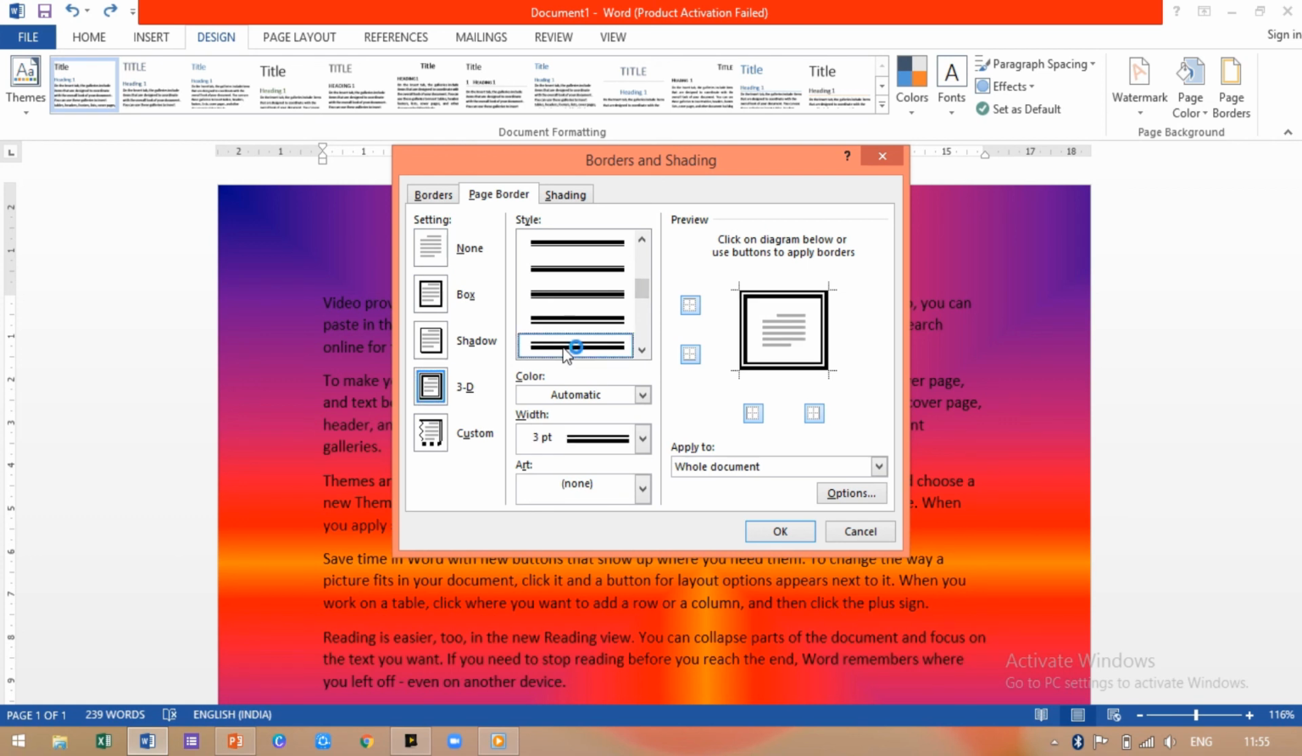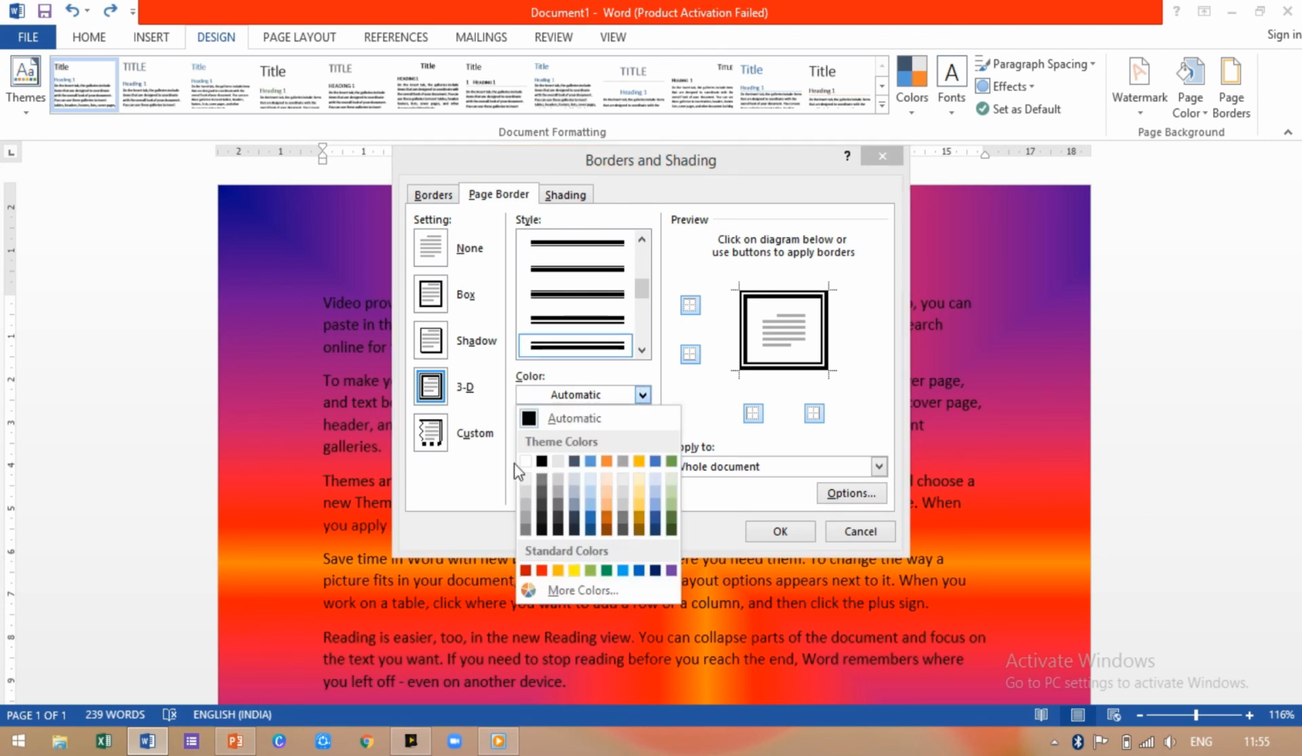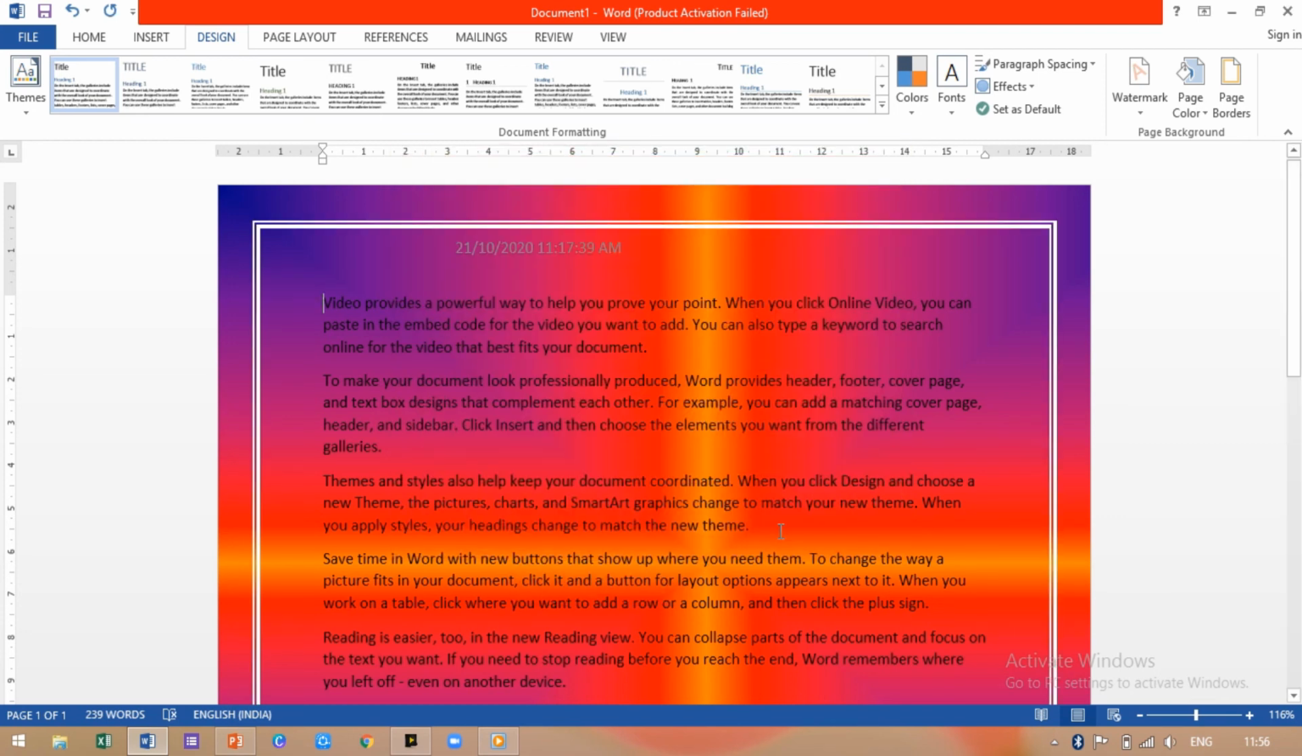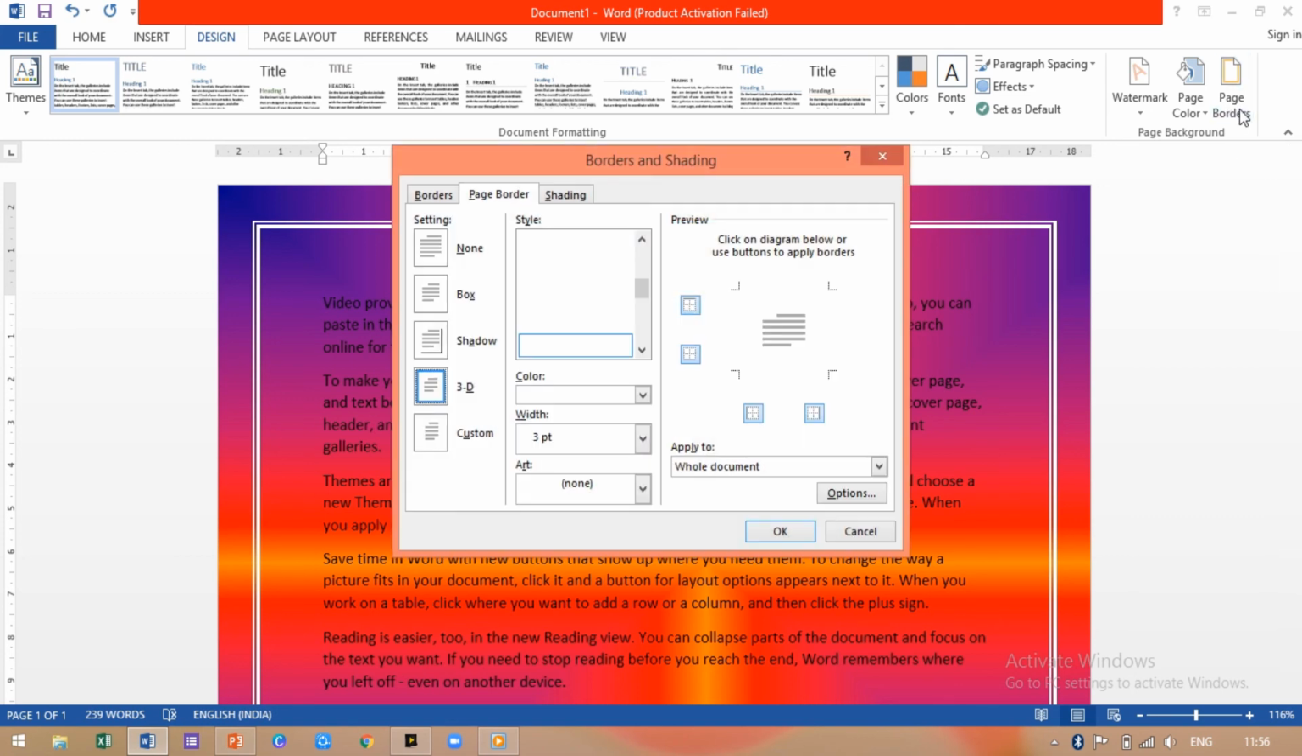I'll select this. Now if you want to change the color also, you can select the color. I'll say I want white, and I'll say okay. So see, my white color page border has been applied. Now if you don't want that border and you want an art, you have various art, like you have